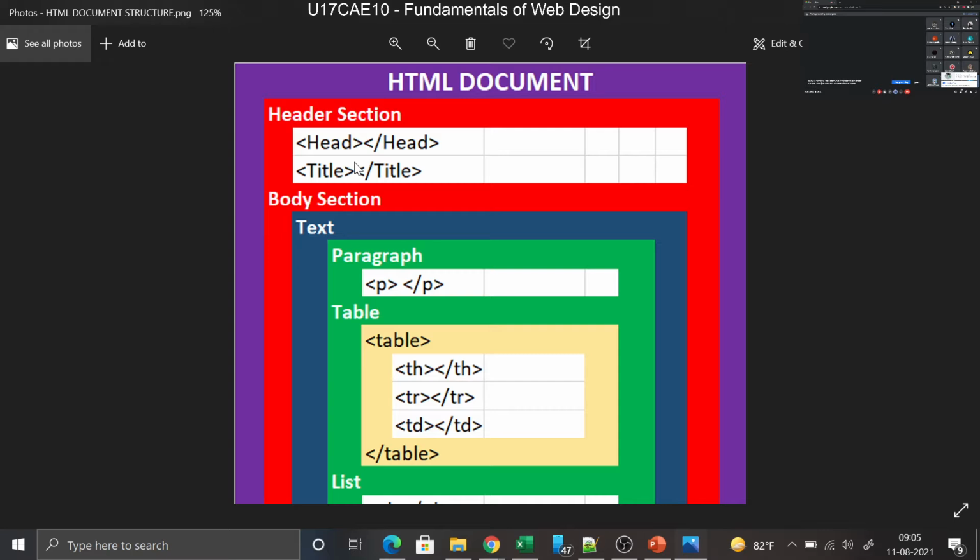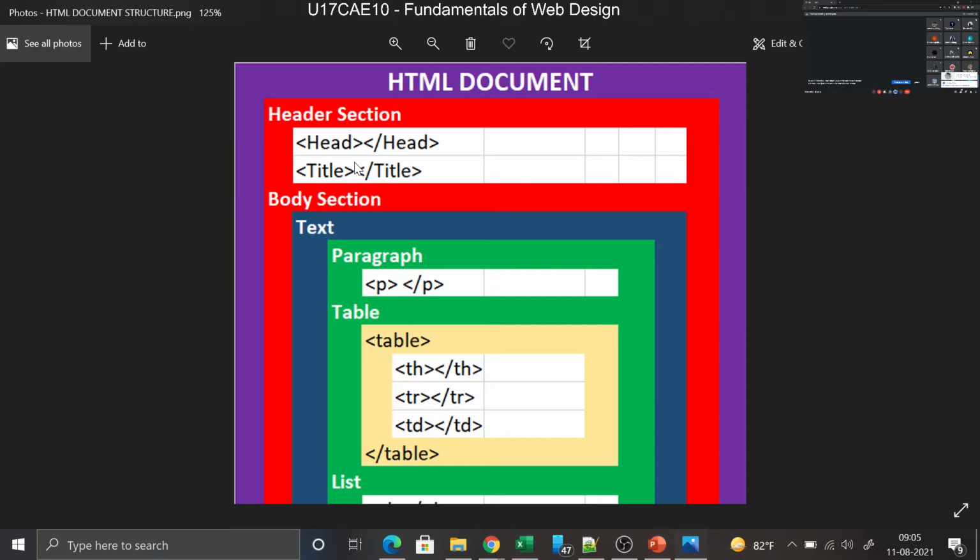So altogether, three tags. Apart from that, link and script will come. Script you'll use when you're using JavaScript, and link when you're using CSS. Other than that, in normal HTML, you'll be using only two tags in this section. One is called head and another one is called title. This is basic level. If you are a very advanced programmer, you'll use metadata.